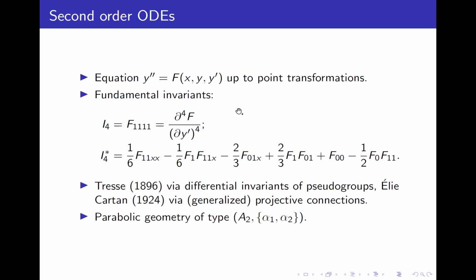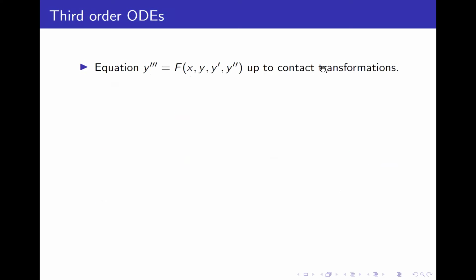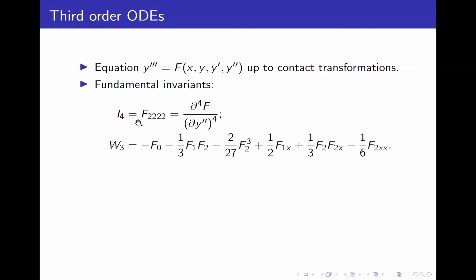So we can look at the example where we deal with contact transformations, and here come third order ODEs, where the story is somewhat similar. So we again have two fundamental invariants. And the first one looks very similar. So it's again the fourth derivative of the right-hand side with respect to y2 primes in this case. And the second also has some similarity. But